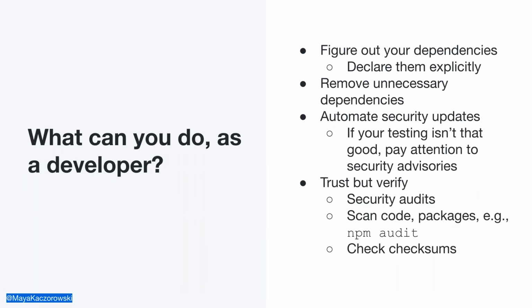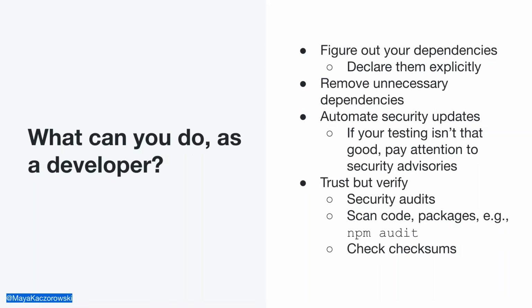Automate security updates. If you can, automatically pull in security fixes for your code. This is so important. And if you take one to-do away from this talk, it's this. WhiteSource found in their latest State of Open Source Vulnerabilities report that 85% of open source vulnerabilities have a fix available at disclosure time. You just need to apply them.